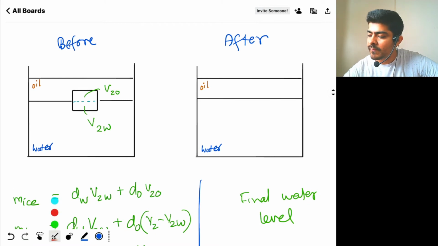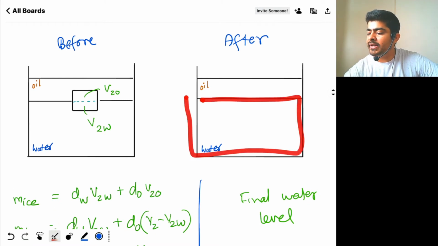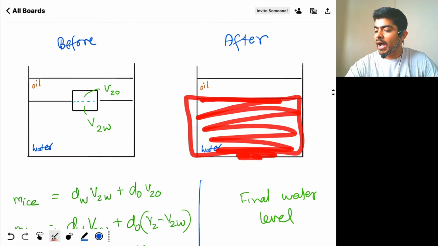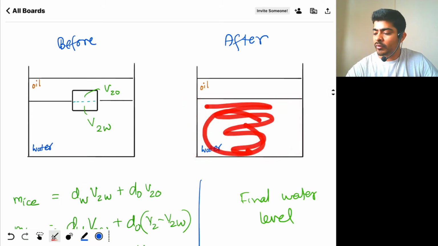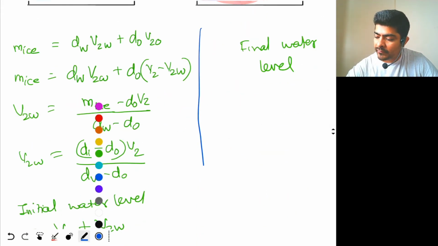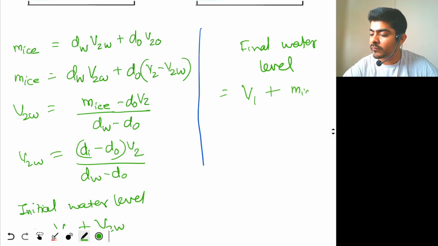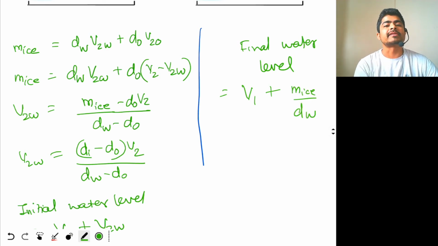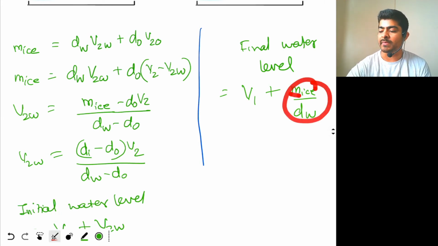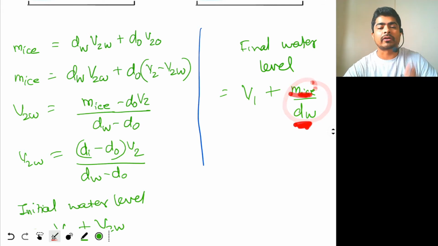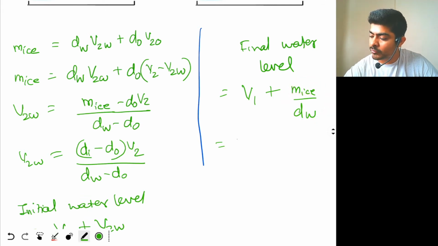So ice is melting completely into water, so we now have ice melted into water, so we only have water, right? So how much is the final water we have? Final volume of water will be initial volume of water V1 plus ice that converted into water, so mass of ice divided by density of water. So this is the volume of molten ice. Mass of ice divided by density of water we will take. Correct. So this will be equal to V1 plus di by dW times V2.